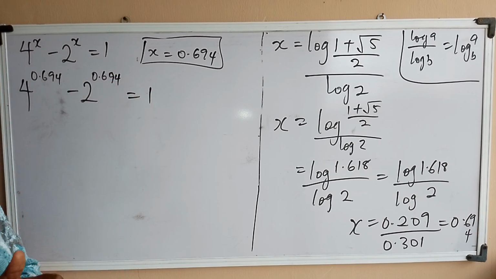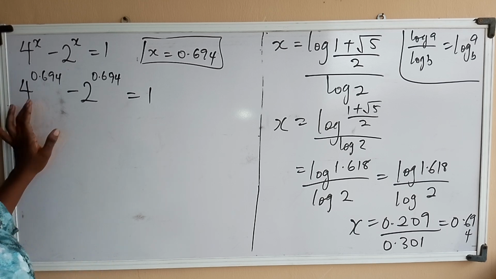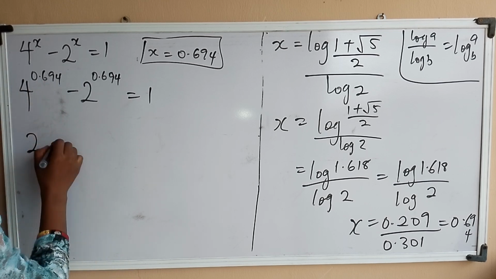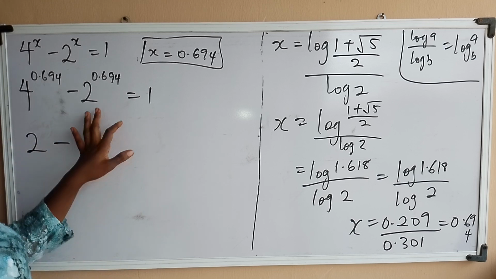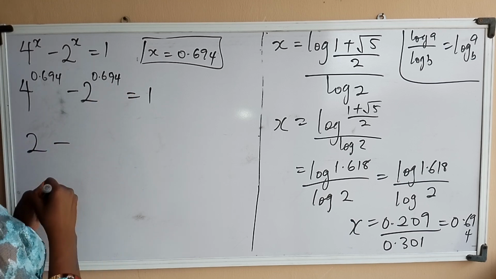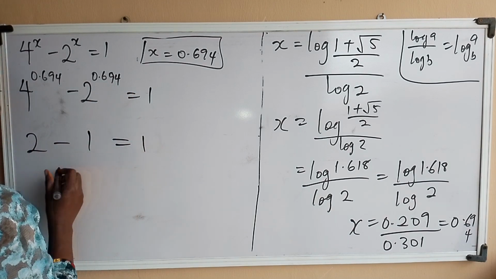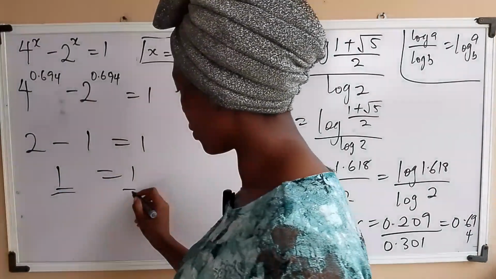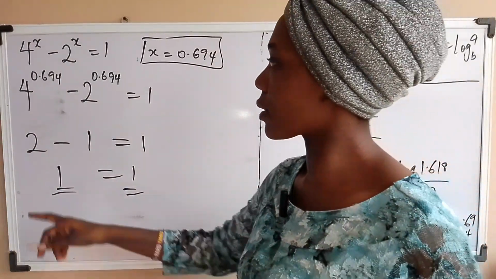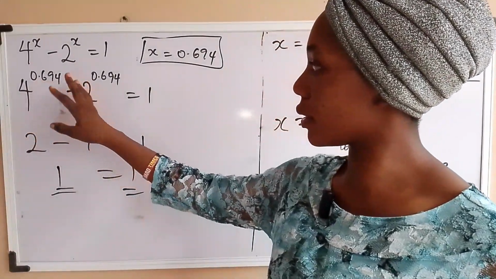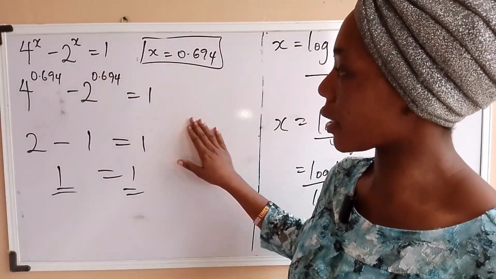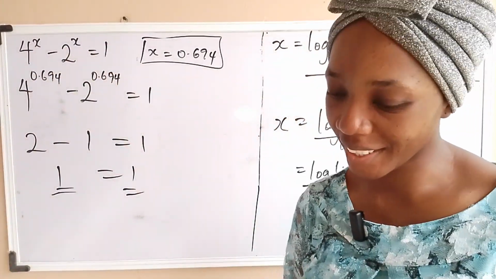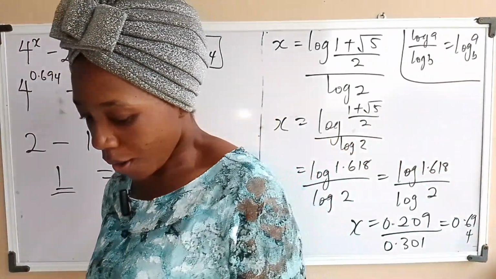So when we punch our calculator, 4 to the power of this will give us 2. And punch your calculator again, this will give us 1. You can check it. 2 minus 1 is 1, equals 1. So therefore, x, which is 0.694, satisfies this equation. Can you get it now? All right, so